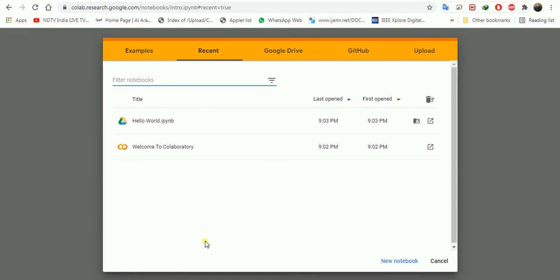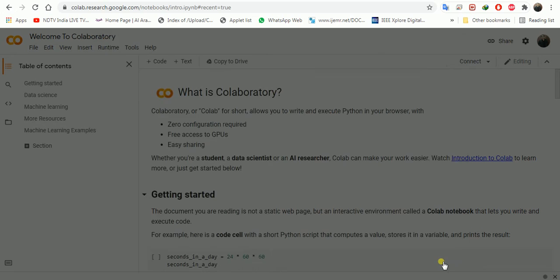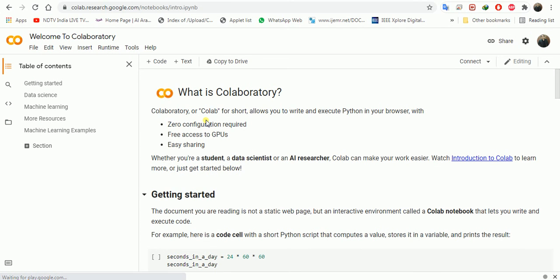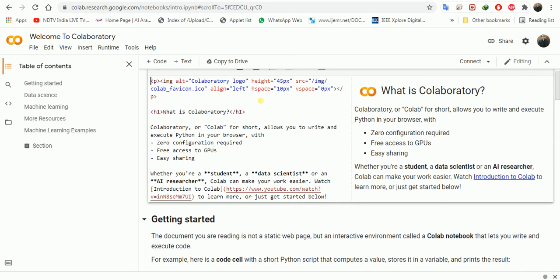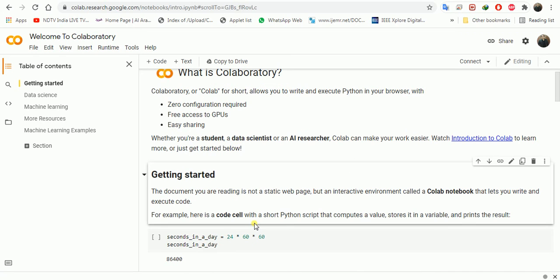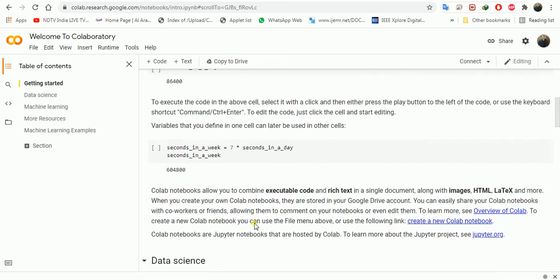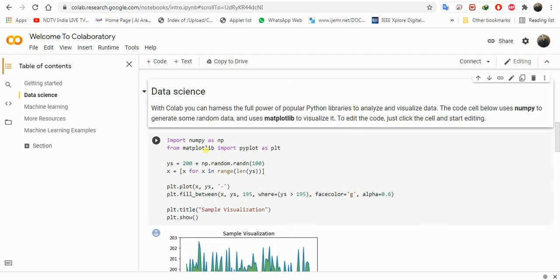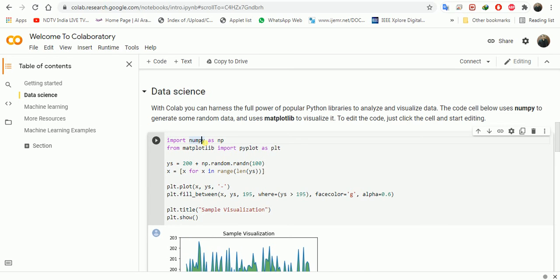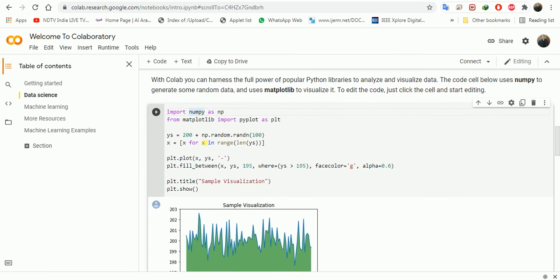I would also like to draw your attention, as a researcher, to one of the important points that Colab is providing. Let me cancel this and you will have a very quick understanding of Colab. Colab gives you, as a student or a data scientist or a researcher, a lot of information required for you as well as in your research. You can see that there is a very good learning resource for data science. As you can see, NumPy libraries are required, but in general you don't need to install any NumPy library, and there is